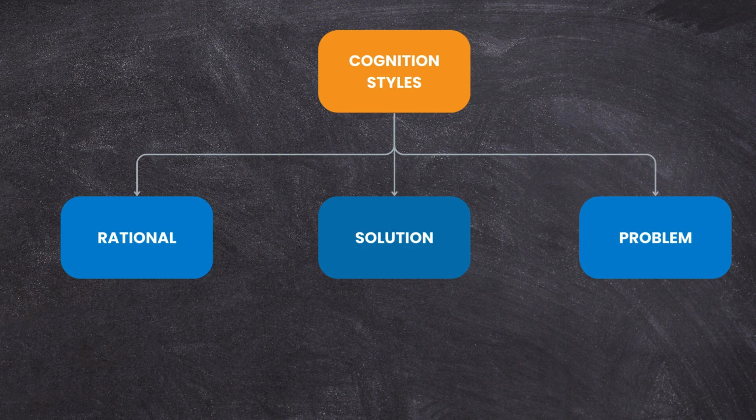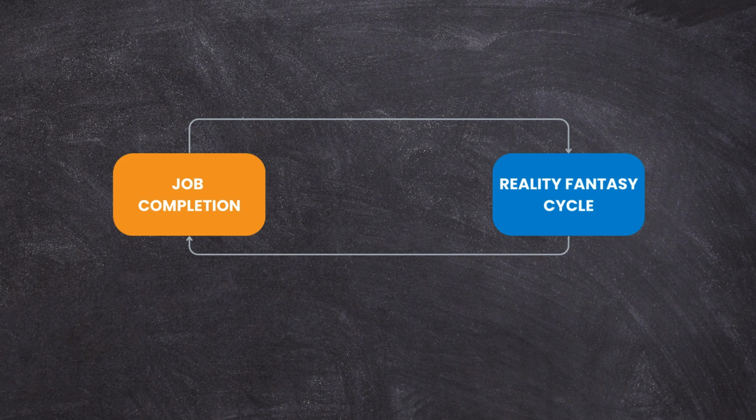In my cognition, a problem-oriented person will take more time to be able to reach the reality. If you are a solution-oriented person, it is definitely going to take you much less time to reach the solution. Or if you are a person, like I watch lots of rational YouTubers, they are trying to do the shortest path, but they are just gambling though. Learning is not gambling. Learning is turning your reality into a fantasy, then turning back into the reality so you can complete a job that is given to you.